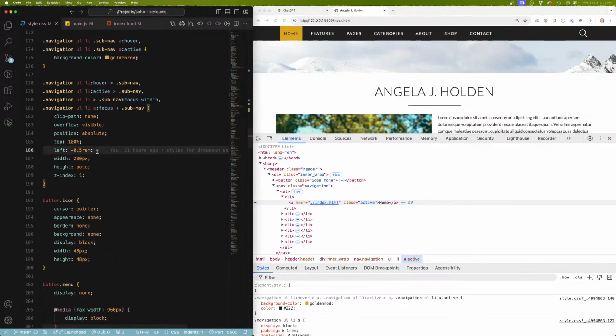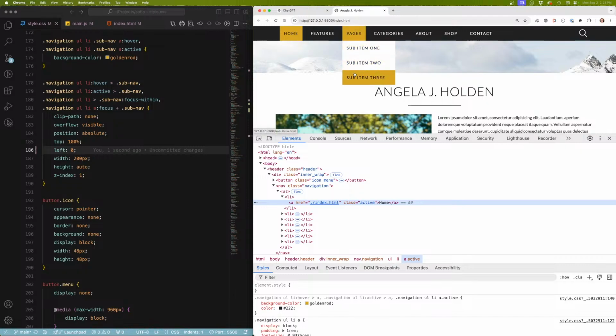Right here. So if we change this to 0, I think that will line it up. Yeah. That looks really nice. I like that a lot. That looks really nice. Let's see now how we do